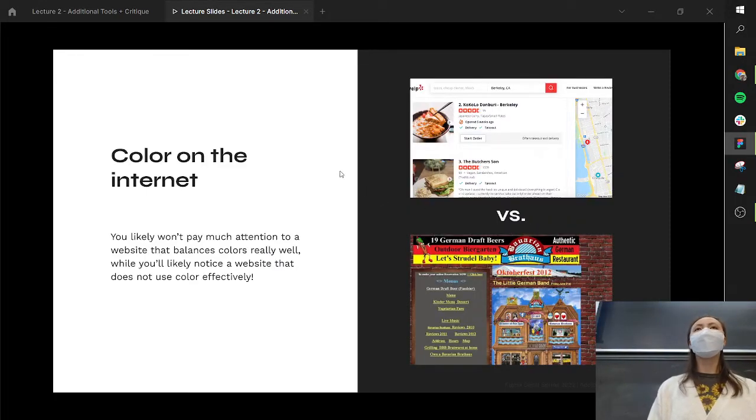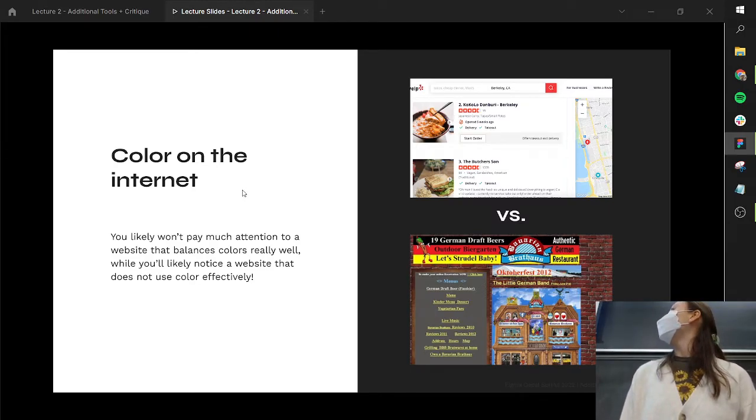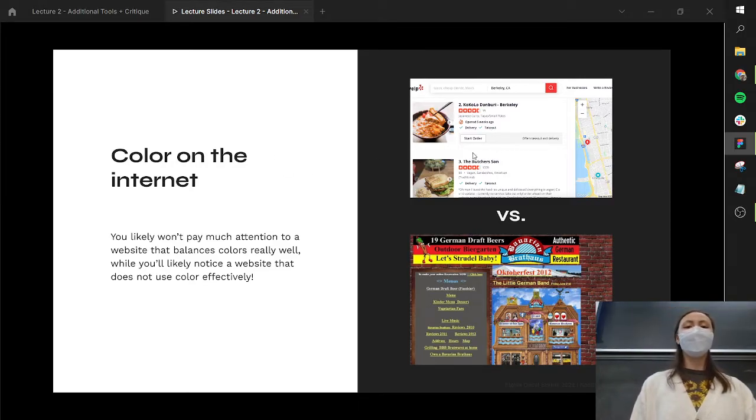Okay, and color on the internet. So you likely won't notice if color is portrayed well on the internet, but you'll notice if it's not portrayed well. So you can see in the bottom one, again, I don't know if this is actually a real website or not, but basically every component is a stark contrasting color, which makes it really difficult to know what to focus on. So this image in the middle, it seems like it should be central, but it's almost in the background because it's not as bright as these three